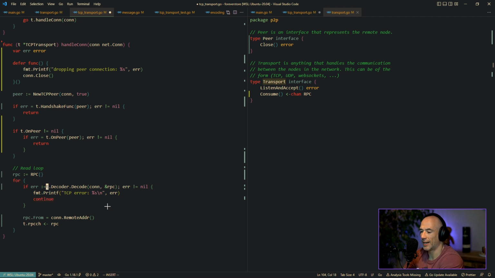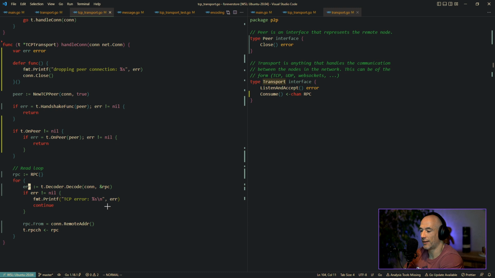So I think we could do something like this, because if somebody sends us a wrong payload, I don't think we need to punish him and say, yo, you're out because you sent a wrong payload. But of course, we could say something like this, right? Err is going to be this.